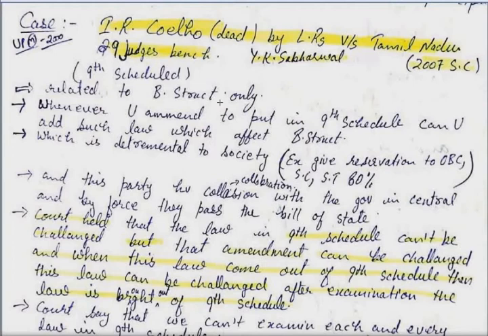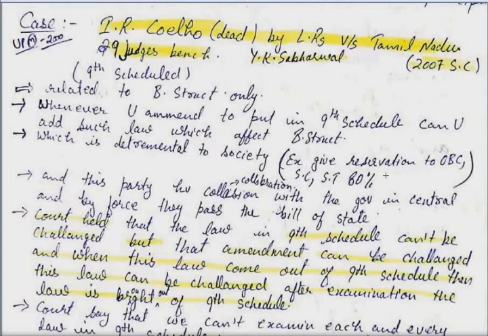For example, मान लो किसी state में OBC, SC, ST को 80%, 85% reservation दे दिया वोट बैंक के चक्कर में, and the state government has not given any rational reasons to the extent of backwardness, and the number of OBC, SCs and STs is not as much so as to be entitled to have 80-85% of reservation. But the state makes that law, and the state is run by such a political party which is in coalition with the central government, and the central government knows अगर ये coalition support withdraw कर ले तो हमारी सरकार गिर जाएगी. और इस state government ने law बनाया और center के पास भेज दिया कि आप इस law को